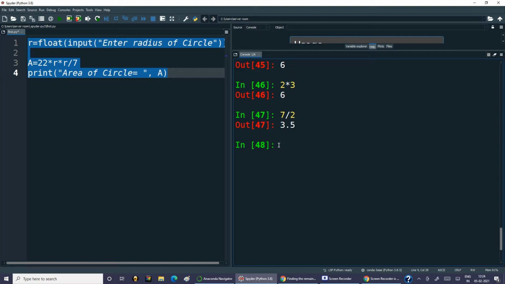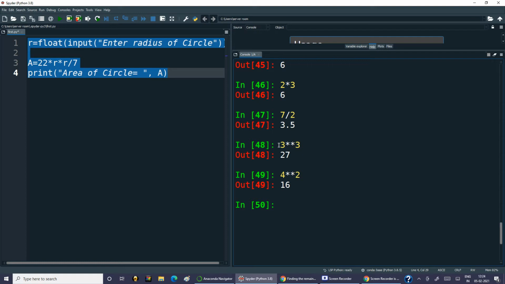But in Python, there are two arithmetic operators which are new. One is double star. If I write 3 double star 3, it means 3 to the power 3, so it is 27. So this is in fact a power operation. If you want a square of something, you can do 4 double star 2, that is 4 squared. So double star is giving you the power.